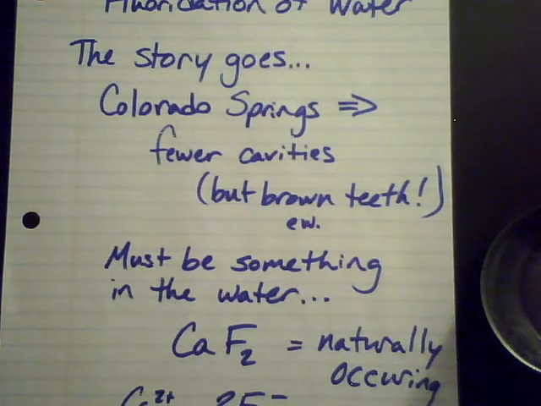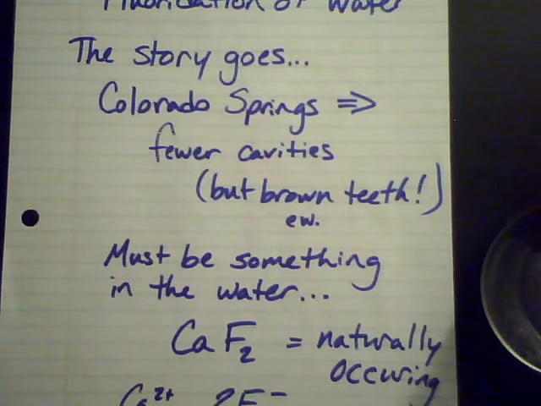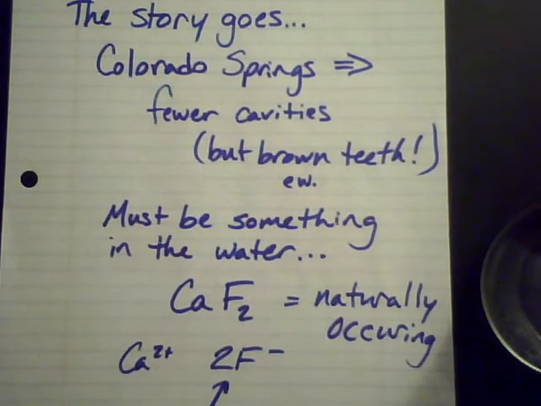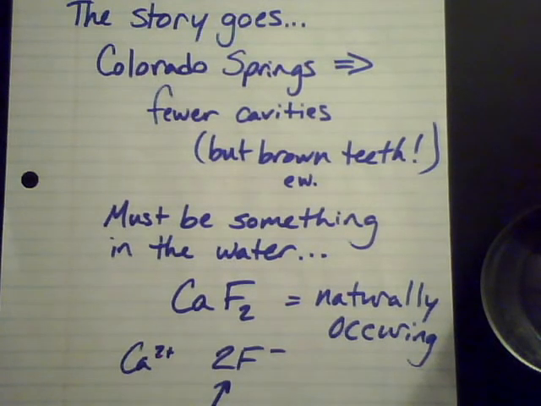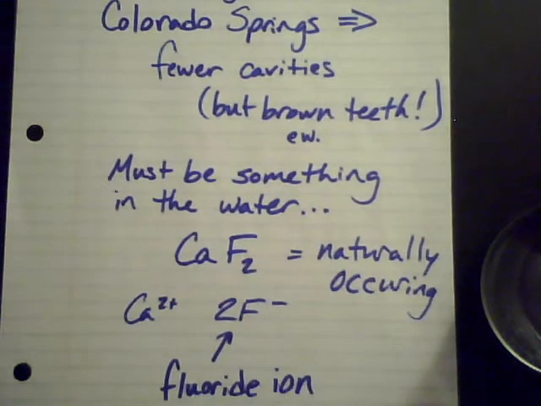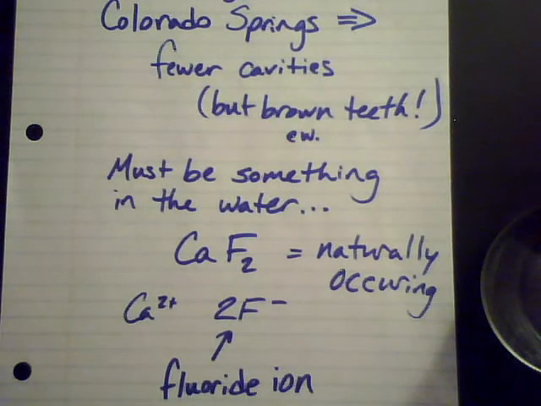So calcium is Ca, fluorine is F. And this calcium fluoride was naturally occurring based on the bedrock and the dirt and everything that the water table was on. And so when calcium fluoride is in water, then it splits into calcium 2+, because it's an alkaline earth metal. It's in the second column, so that's this guy here. And then fluoride ions. The fluoride ion is a halogen, right? And we know that it likes to form a -1 charge because it likes to gain an electron to add to those 7 in its valence.